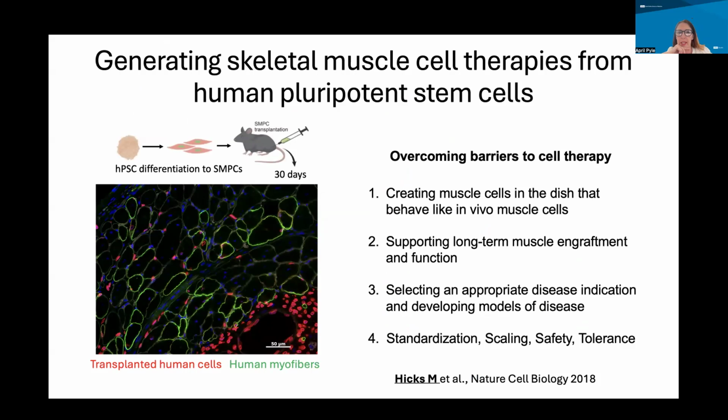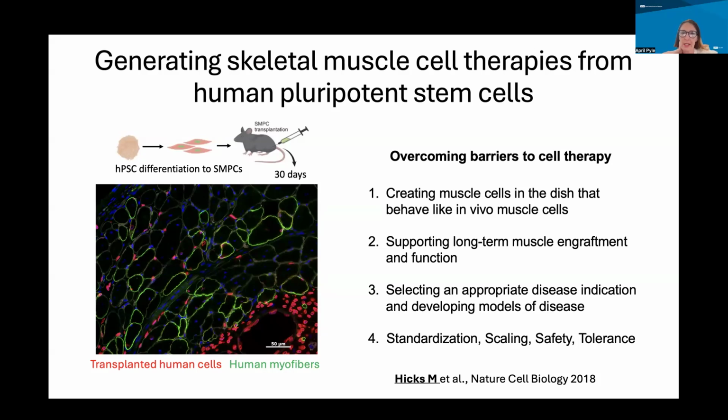So one of the things we're interested in is how we not only model diseases in a dish, but generate skeletal muscle that can be used for cell-based therapies. So what are the barriers to using these cells in cell-based therapies? Well, we really want to make sure that what we generate in a dish behaves like in vivo muscle cells. So real, bona fide skeletal muscle, or the tried and true gold standard skeletal muscle stem cells, as I mentioned,